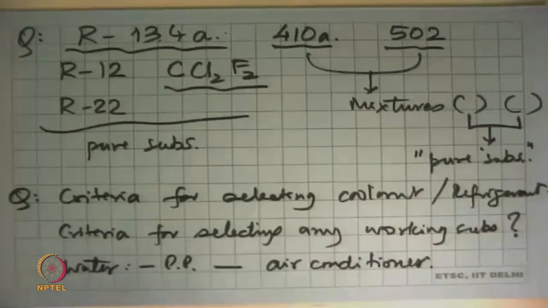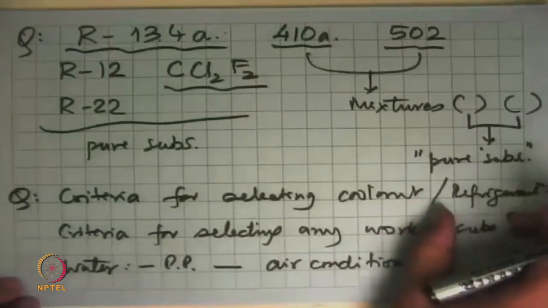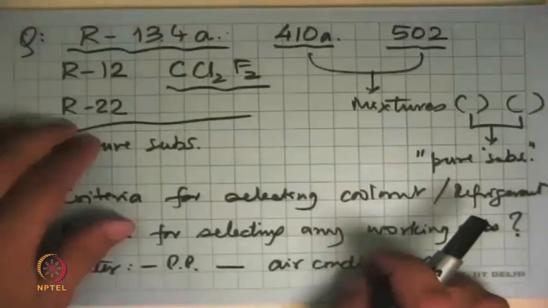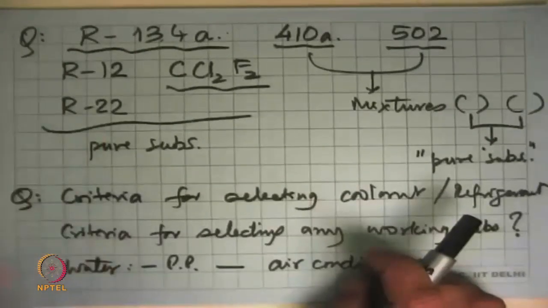the module 3 assignment. I think it's the last or the second last question, I don't remember which one, where I've posed exactly the same question: that I want a certain heat transfer rate, and I have a refrigerant which is say R134a, or a refrigerant like R22, or a refrigerant like water.